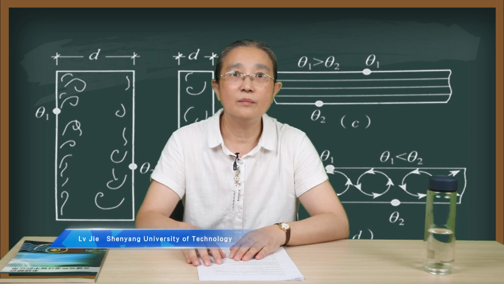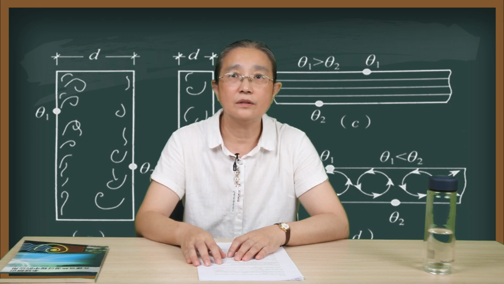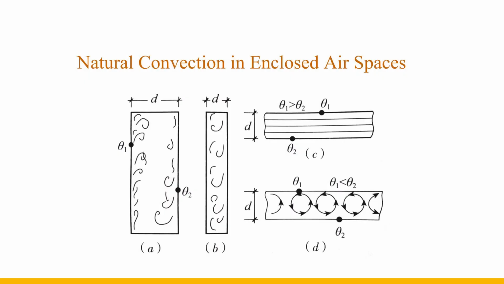Due to the low thermal conductivity of static air, the closed air space is often used as the thermal insulation layer of the envelope structure in architectural design. The heat transfer process of the air layer is different from that of the solid material layer. Under ideal conditions, the solid material layer only has heat conduction, while there are three heat transfer modes in the air layer, namely heat conduction, convection, and radiation.